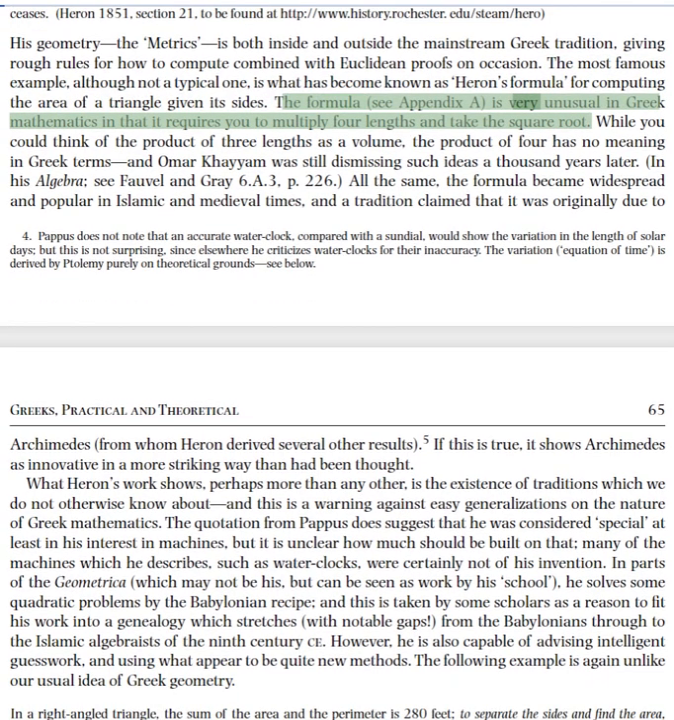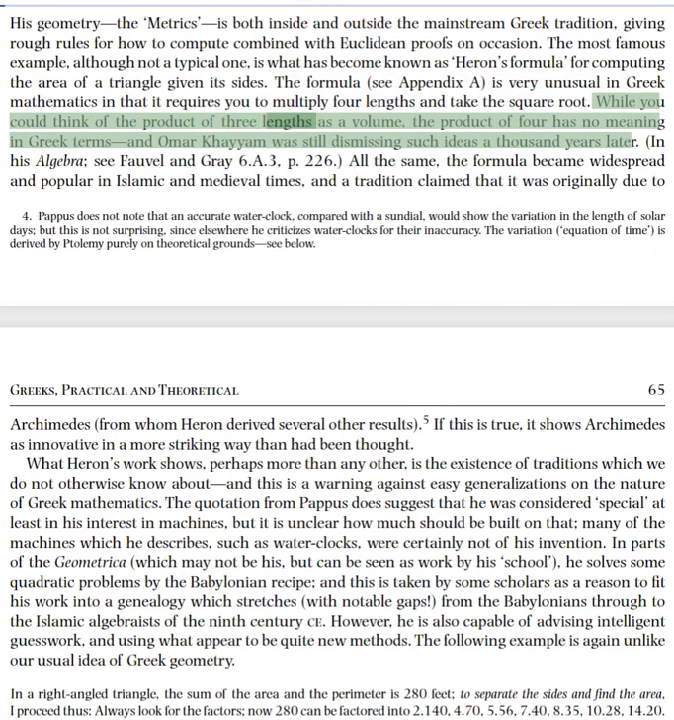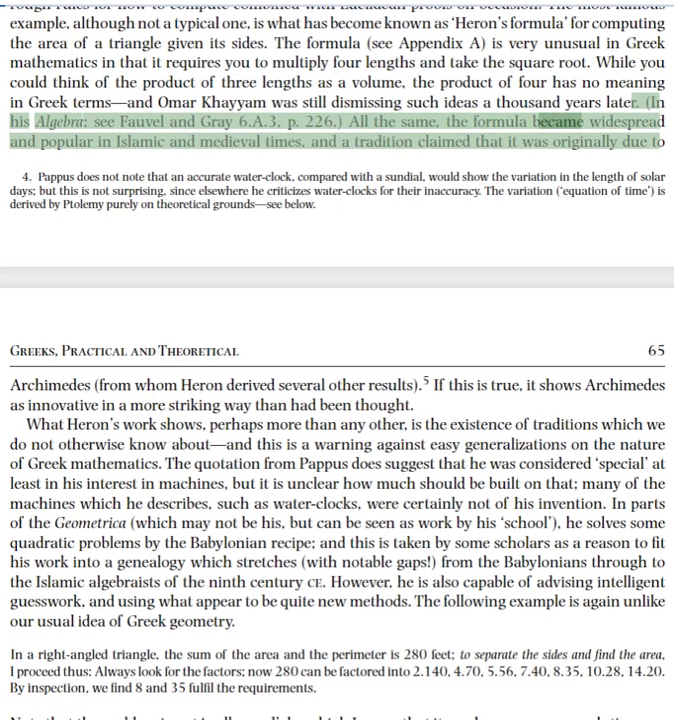The formula is very unusual in Greek mathematics in that it requires you to multiply 4 lengths and take the square root. While you could think of the product of 3 lengths as a volume, the product of 4 has no meaning in Greek terms, and Omar Khayyam was still dismissing such ideas 1,000 years later. All the same, the formula became widespread and popular in Islamic and medieval times, and a tradition claimed that it